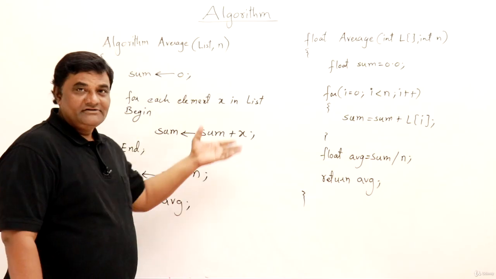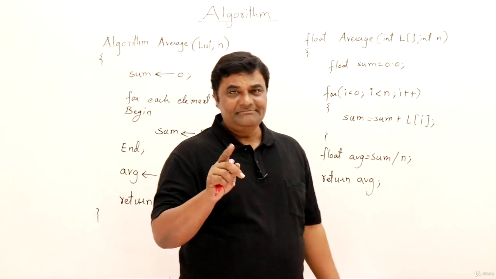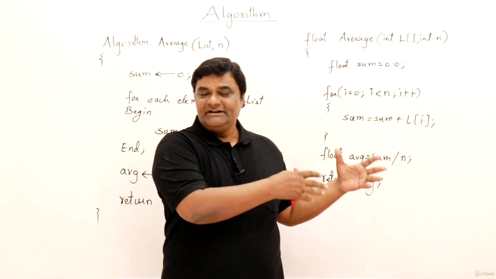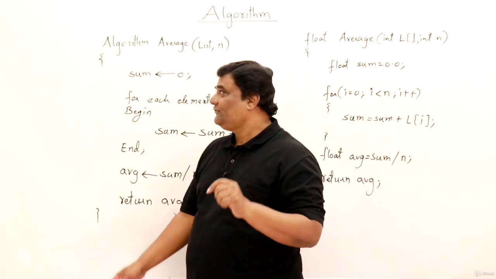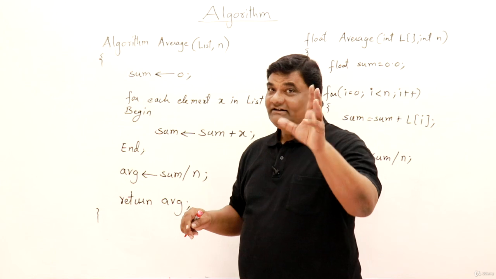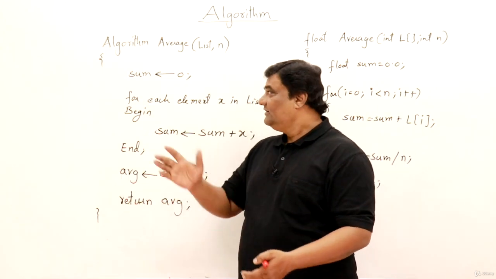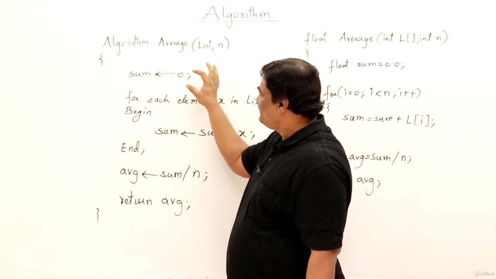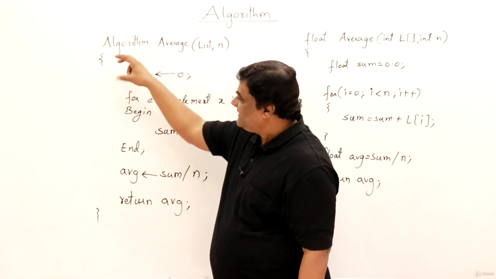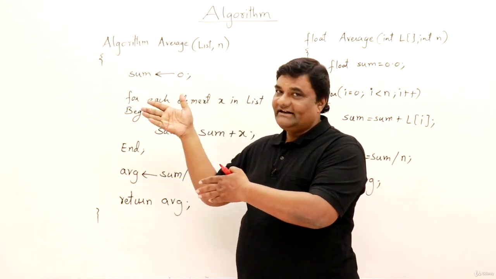Let me write it down. So here I have an example algorithm as well as a C++ program. That is not a complete program, just a function. Let us study this. This is for finding the average of a list of elements. I have a collection of elements, I want to find the average. Read it. Sum is 0. Sum assign 0 means put this 0 inside sum. Yes, that's the meaning. The arrow is showing the direction.